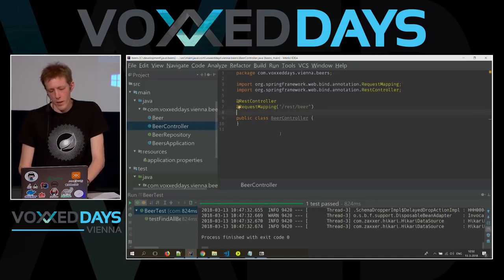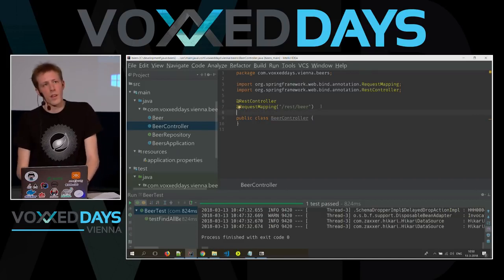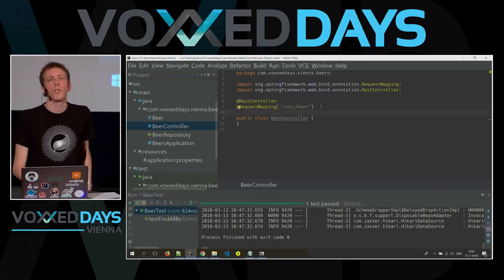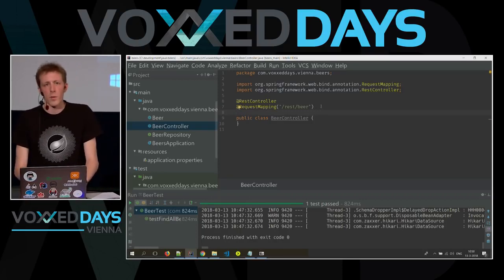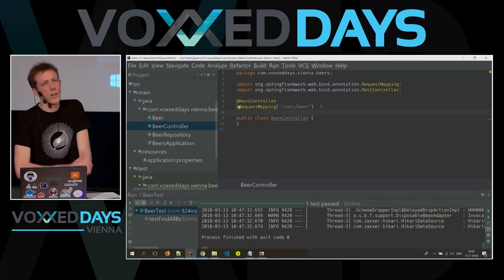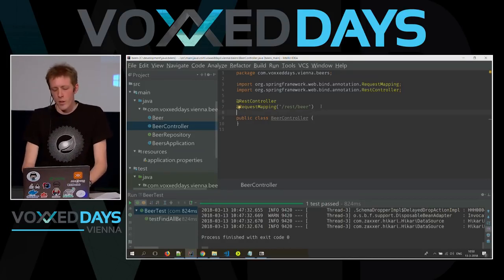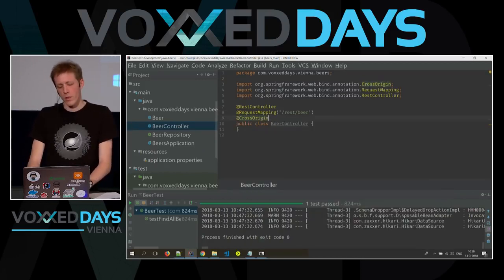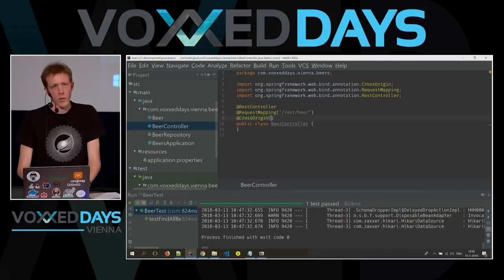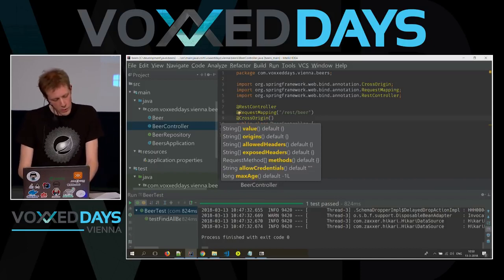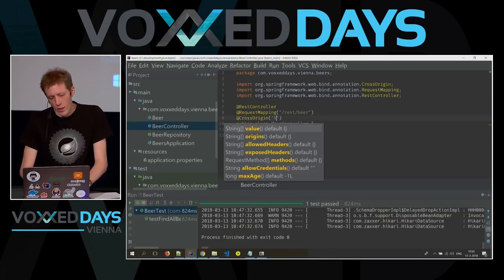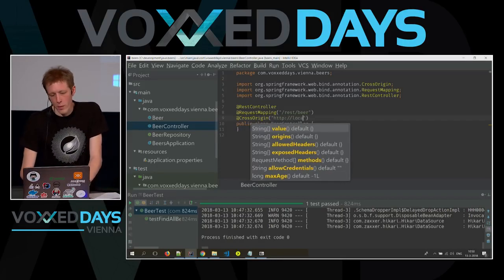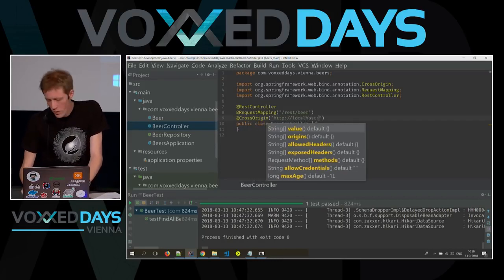Now, I will be hosting the Angular front end on a different port on localhost. In production, you can just export your Angular project and in a minified way include it in your Spring Boot resources folder. But just to be a bit more rapid, I'll host both on localhost, which means we need a cross-origin annotation to be able to tell Spring that requests from another port are fine.